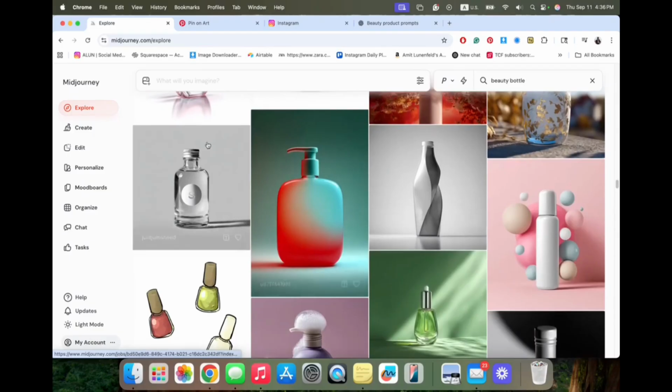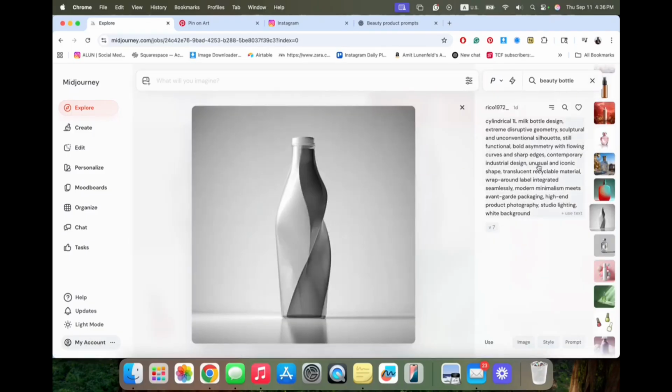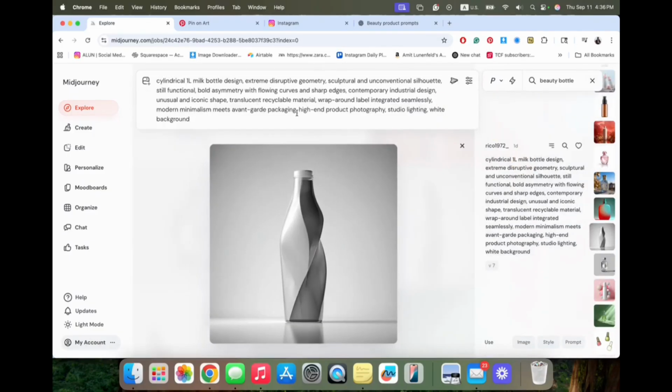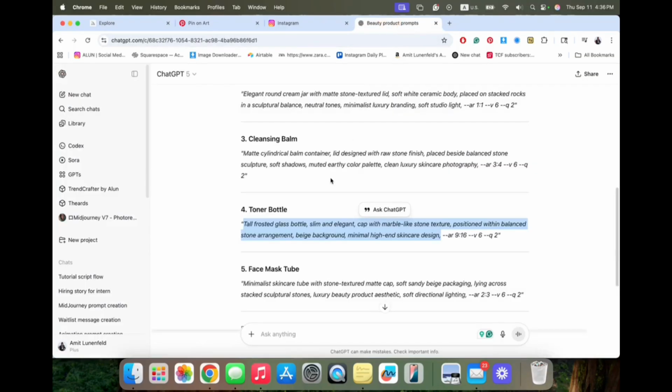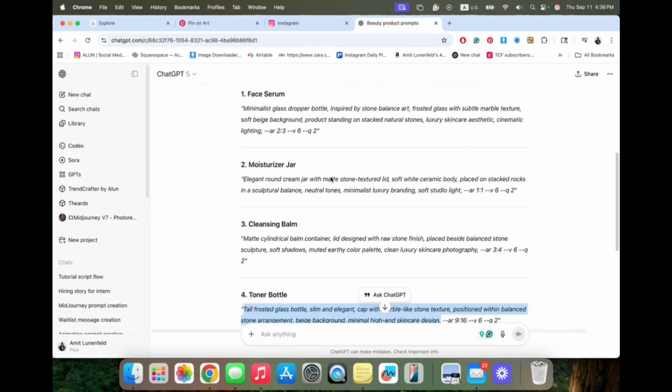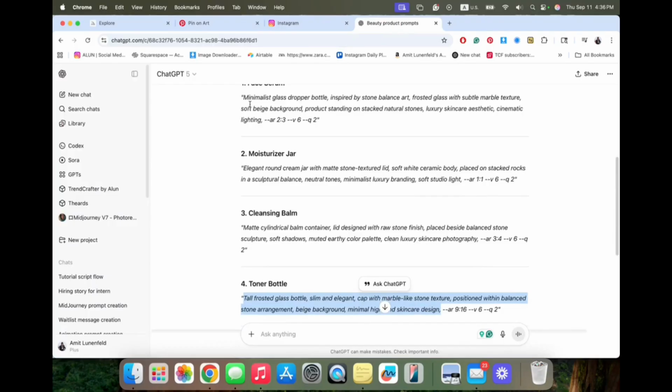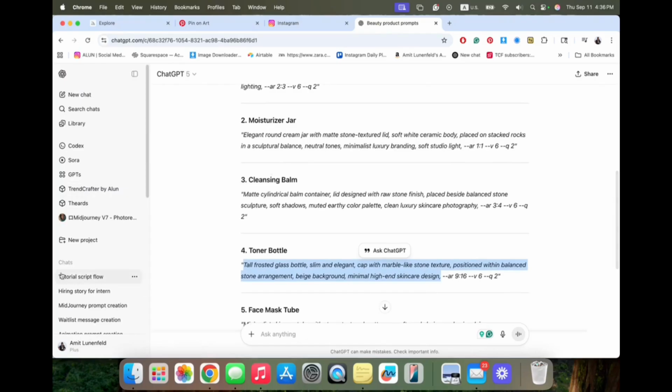So we click, we have the prompt, it's in here, we copy it into the search bar. If not, we can go into ChatGPT, ask it to create the prompt for us according to the chapter you already have of how to prompt correctly. So this is the prompt.